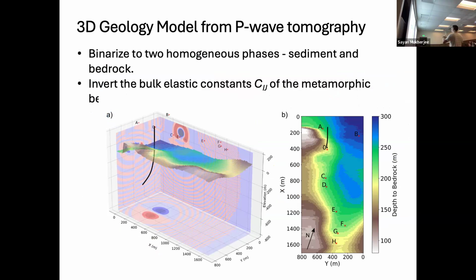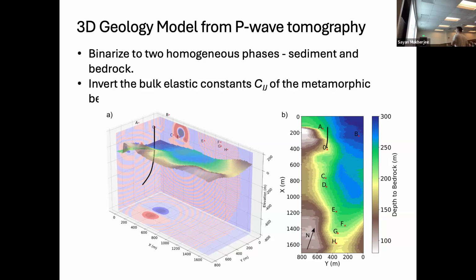So I'm not working on a tomography here. I just want to invert the bulk elasticity of the metamorphic bedrock. And as you see here, this 3D structure has the isosurface, which is considered as the unconformity between the sediments and the bedrock. And this 3D model also shows you how the borehole is deviating when drilling, trying to go deeper